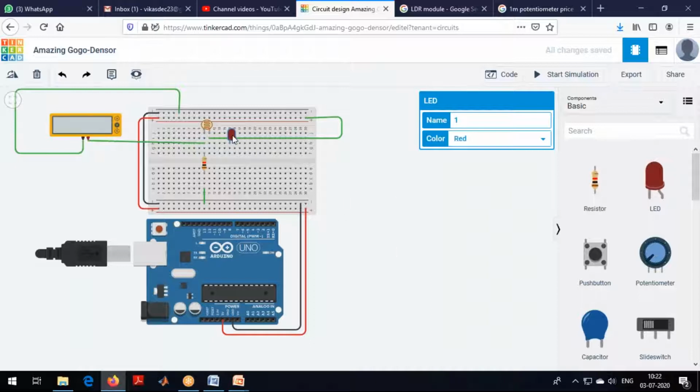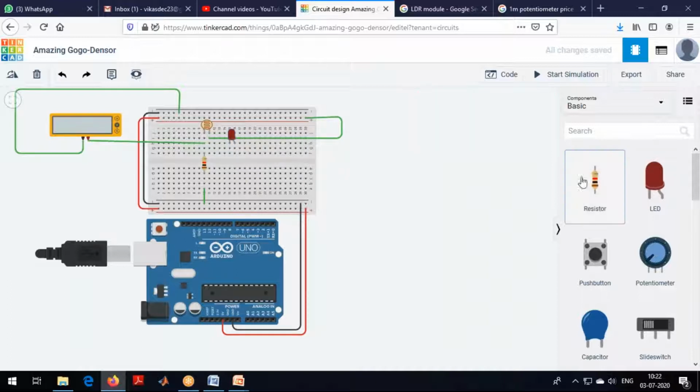This LED requires 2 volts, but our bulb requires 230 volts, right? You can replace that with a relay. See here, this is the cathode, we are supposed to connect it to ground, and the anode you are supposed to connect to positive.